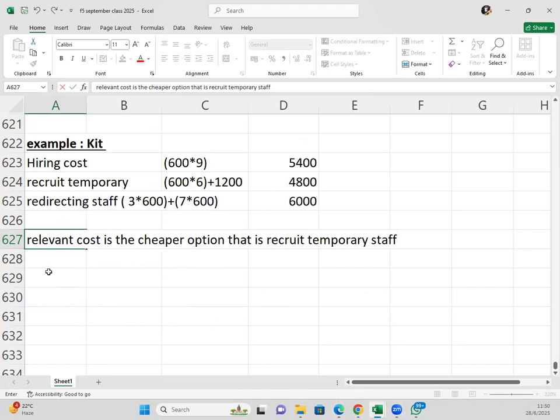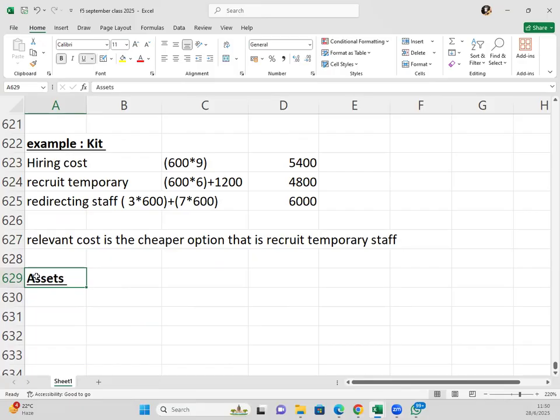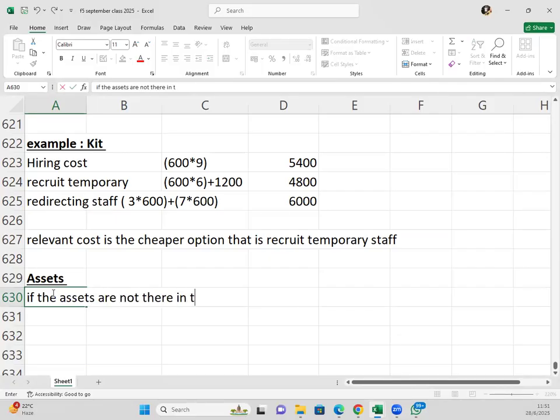Let's move on. Relevant costs, let's look at assets. We might have a job order that requires the use of assets. So for us to conduct this order, we need to buy non-current assets. You need to buy machines for us to be able to process this order. So the first question is, do we have the assets already? If the assets are to be bought, so if the assets are not there in the organization,